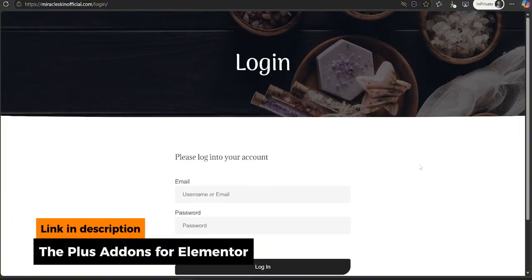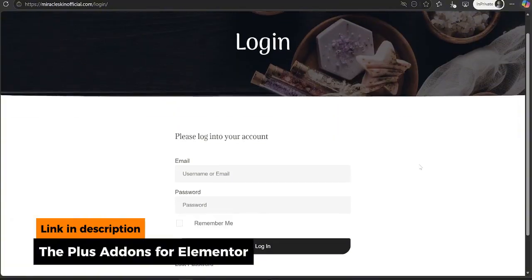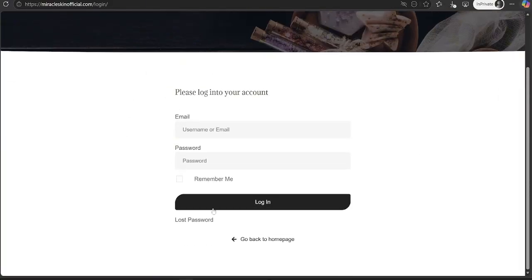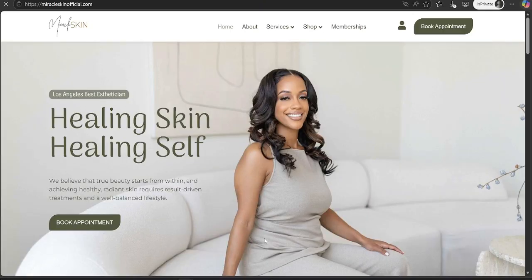However, this is what we'll be creating in this video. I'll show you guys how to create this custom page here where it has this login form that I already have the necessary things that are needed, like the remember me and the forgot password. I even added an additional login right underneath the form. That way people can go back to the home page because of course our login page doesn't have the header